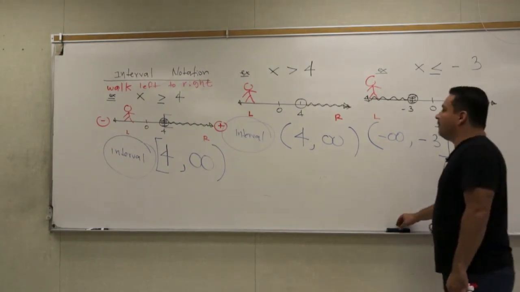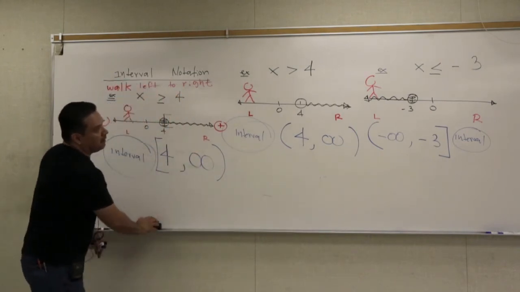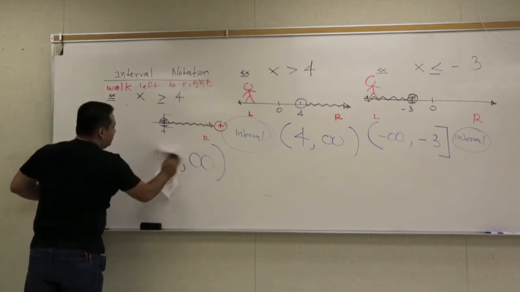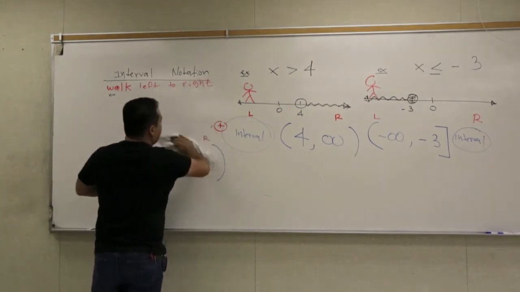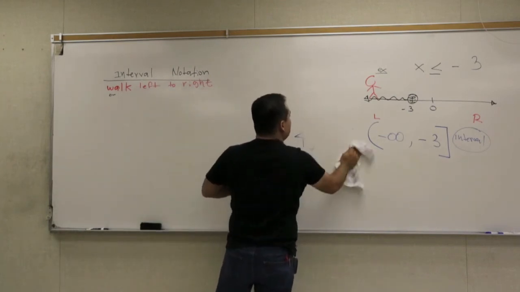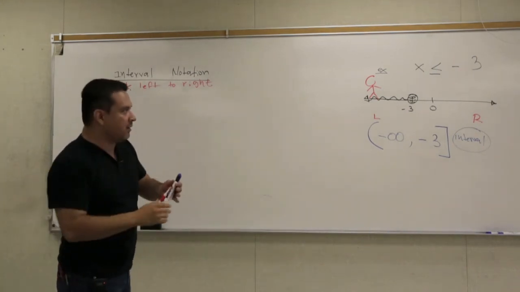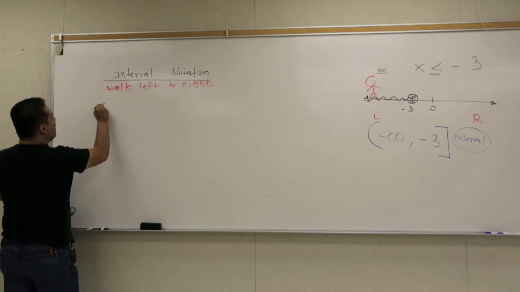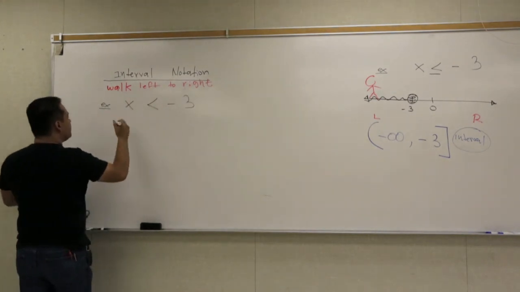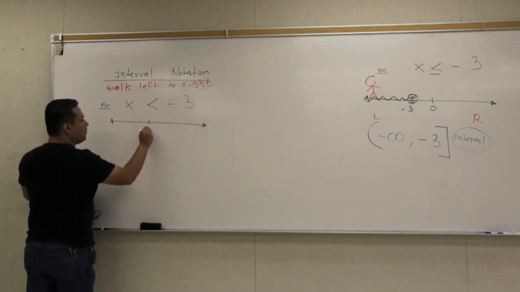What if I gave you, for example, can I erase this one? Let's erase this one. We're talking about interval notation. Let's say now, let's look at a problem that's related to this. Let's look at the example where we're trying to describe numbers that are strictly less than negative 3. What's the difference between this example and the one that we just did? Notice when we graph negative